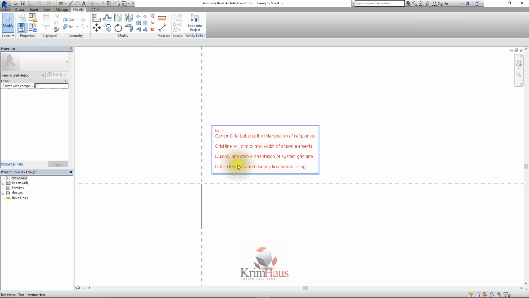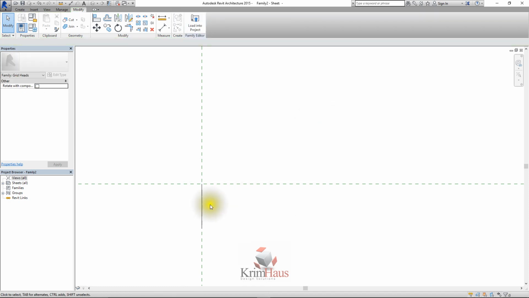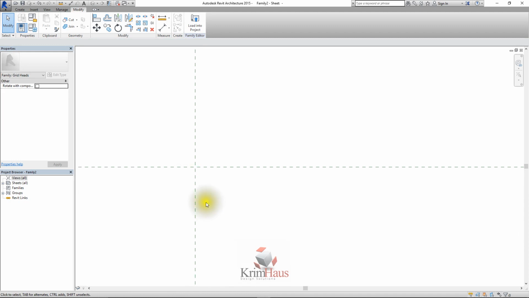It just tells you that the grid line will always go with whatever element you draw. Somehow it's not selecting my text. Delete the dummy line, delete. I'm going to go right now to